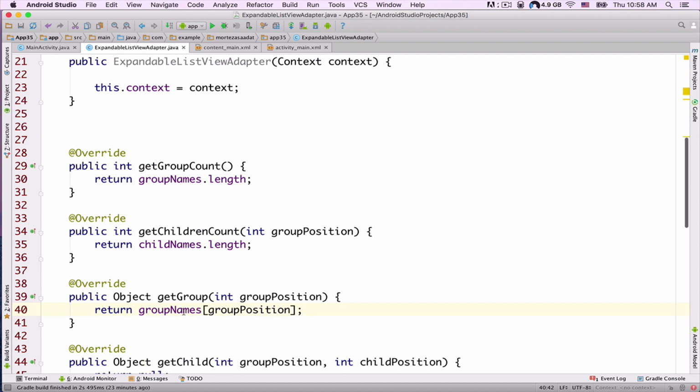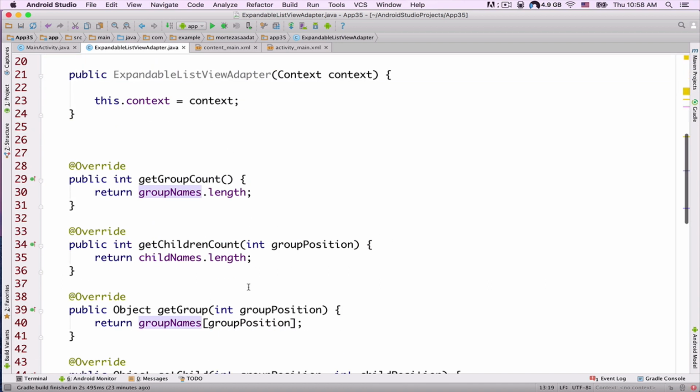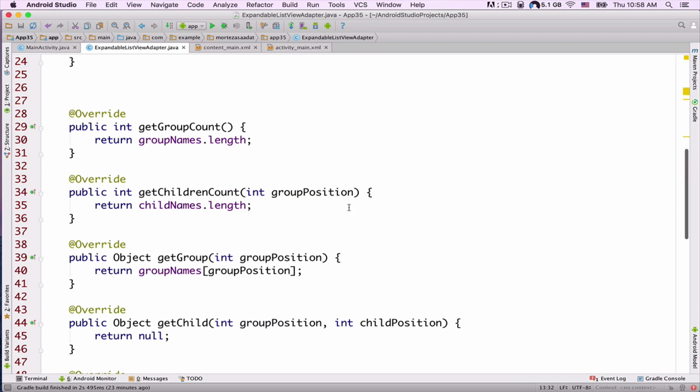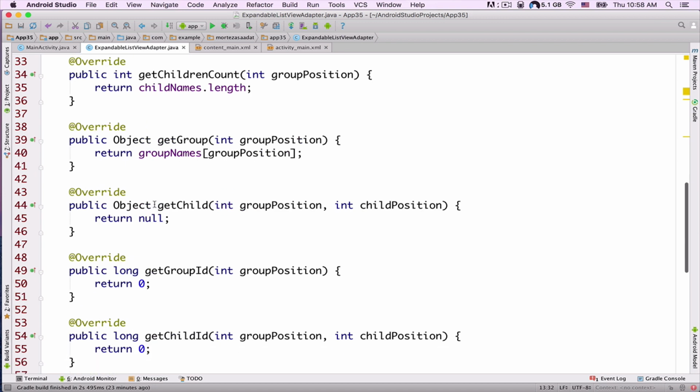First we are referring to the name of this group names array, and then to the specific index or position inside of this array, for example sport, computer, food, car, or TV. So we are returning that specific value from this method getGroup,